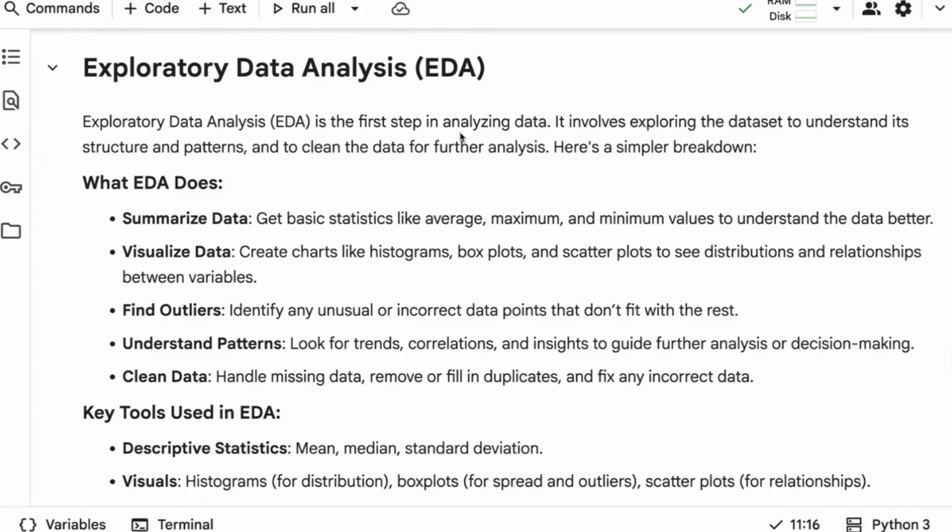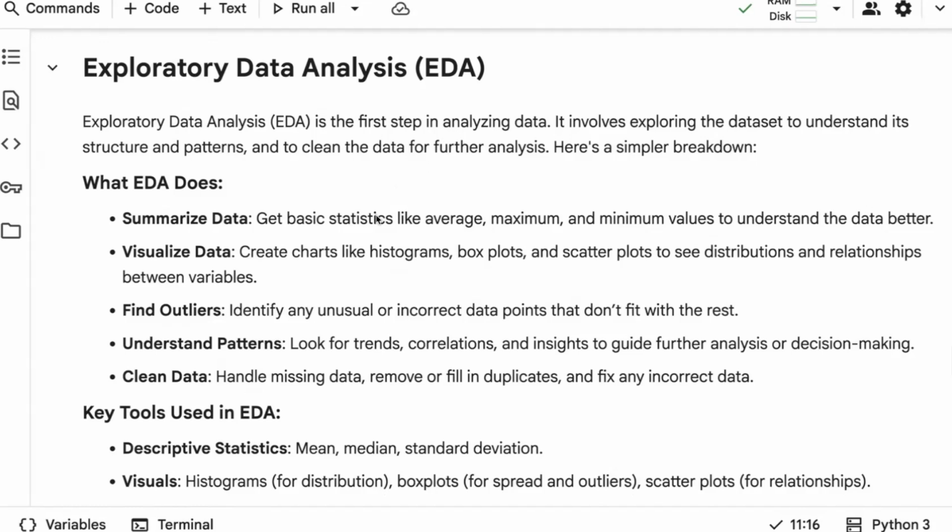So today I'm going to start with exploratory data analysis. Exploratory data analysis is basically the first step in analyzing data. It involves several steps. Basically, the first step towards doing any project is that you start with loading data, importing libraries, understanding variables, problem statement, objective. Then you start with the basic checks, right? Right after you do the basic checks, there comes exploratory data analysis. Exploratory data analysis, in the sense, means understanding your data, its structure, patterns, cleaning data for further analysis, and visualizing to understand it better. So all these things basically come under exploratory data analysis.